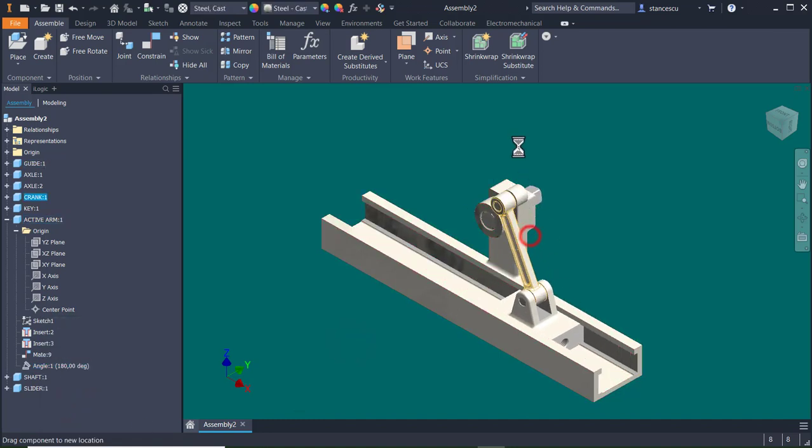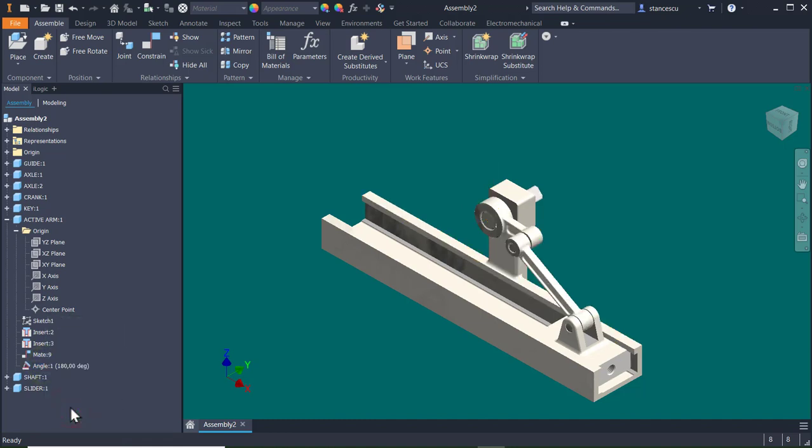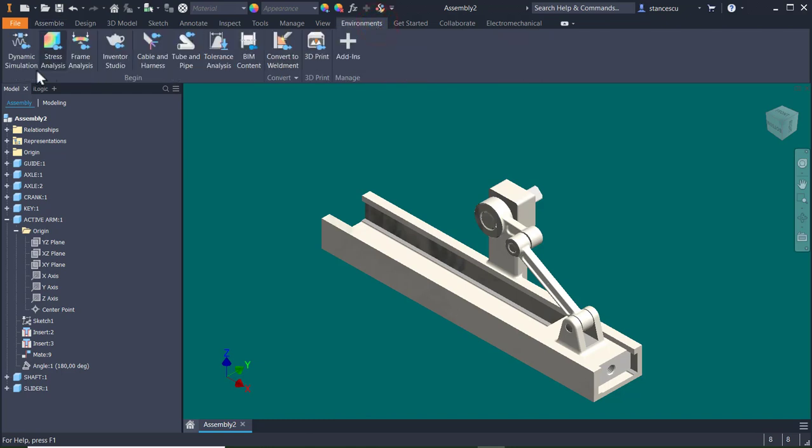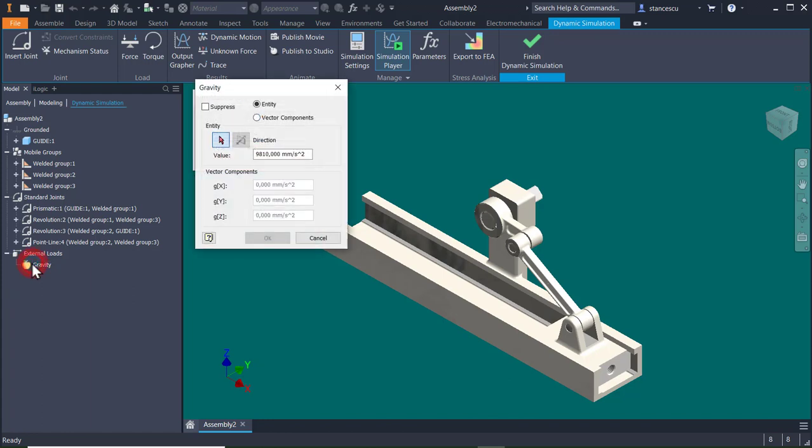Now I can rotate, and for you to know, when you want to place it again horizontal, you can apply suppress, unsuppress, actually is unsuppress, and again suppress. Now I am sure that this is horizontal. We move to the dynamic simulation, and if we apply a gravity in this direction,